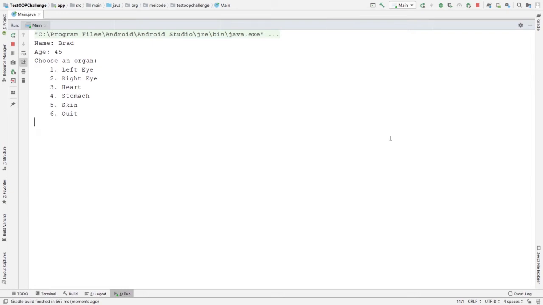This is going to be a challenge video, and here is the challenge. Imagine you are a doctor or some sort of scientist and you want to have a look at your patient's details. I want you to show some information about the patient and after that give the user some options for checking different organs. For example, in here, if I select one for the left eye, I can see the details